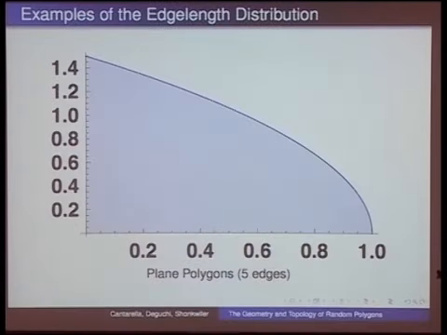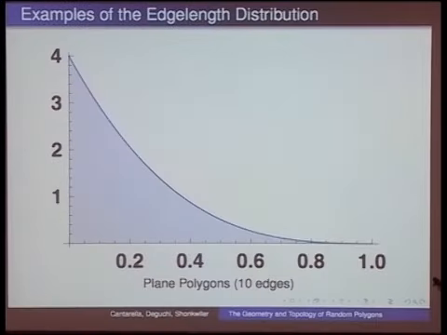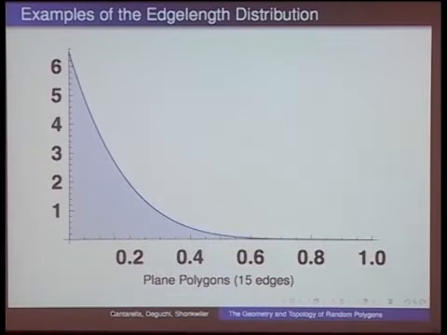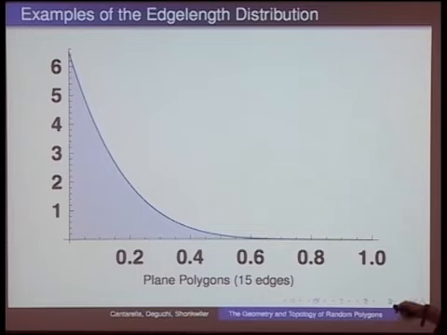So here's 5-edge plane polygons, 10-edge plane polygons, 15-edge, and you can see that they're sort of going to the plane arm distributions, right? They still have a non-zero value at 0, but again, they're getting pushed to the left-hand side. Okay, so